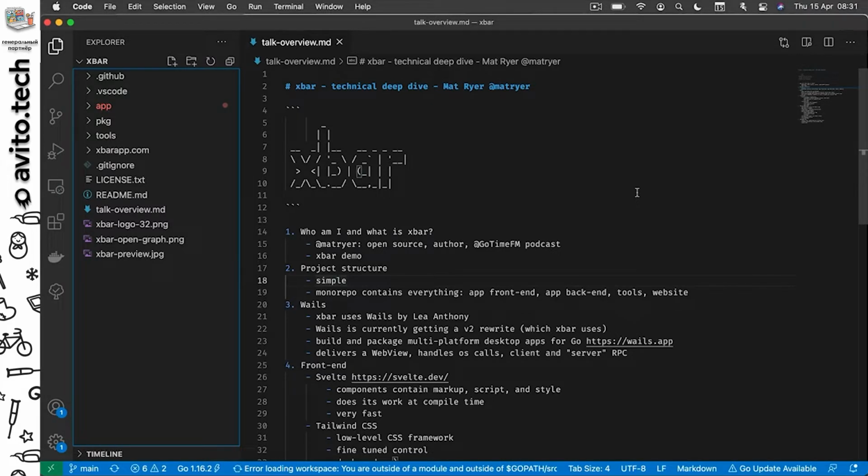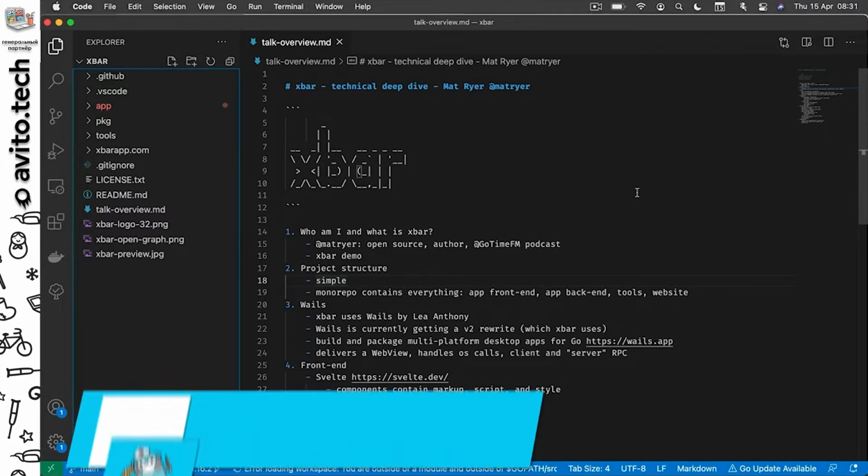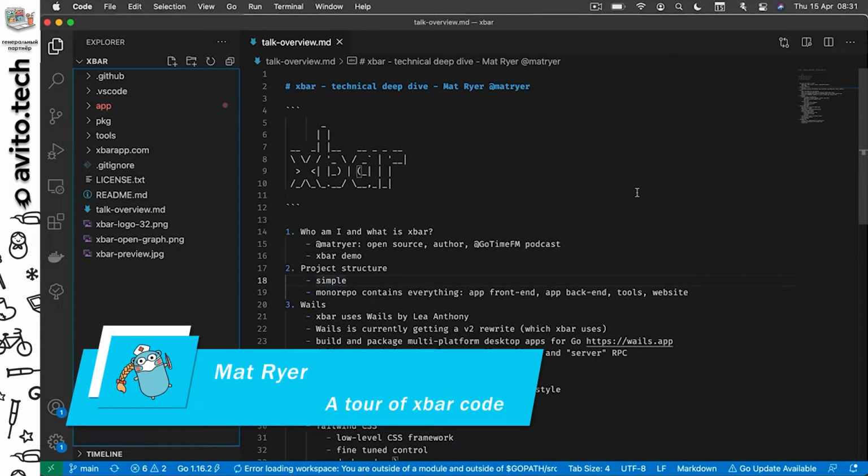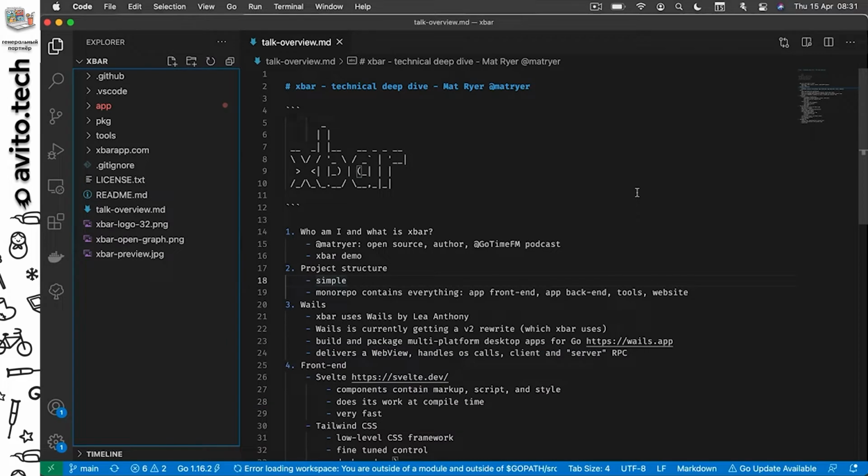Today I'm going to give you an overview of the xbar project. We're going to look at the project structure, some of the components within it, the front end, the back end, and some other supporting tools. And just get an idea really of the thought process that went behind it and how it ended up and